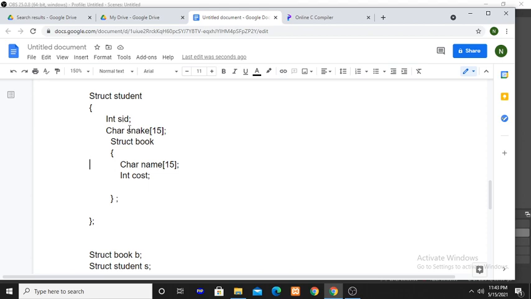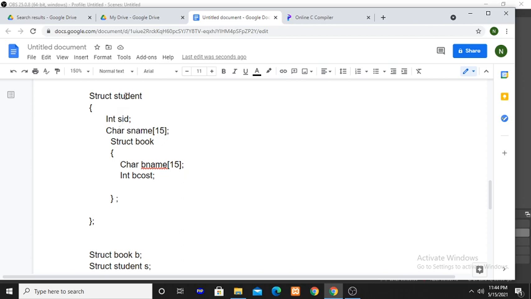SID and s name are the members of the student structure.